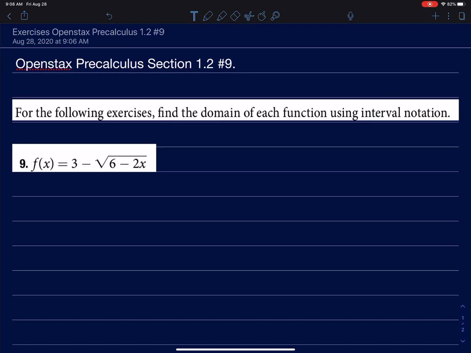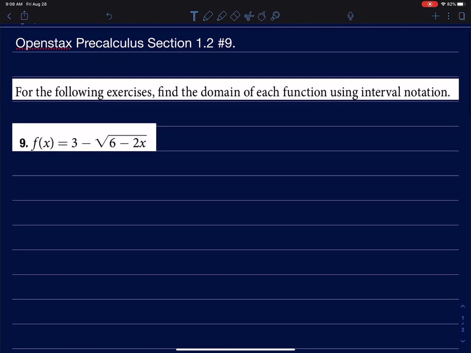Hello, in this video we are going to find the domain of a function, and we're going to use interval notation to describe the domain. I am going to find the domain of this function f of x equals 3 minus radical 6 minus 2x. As an aside,